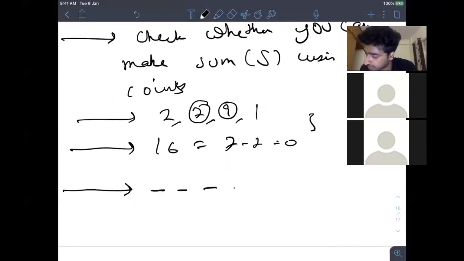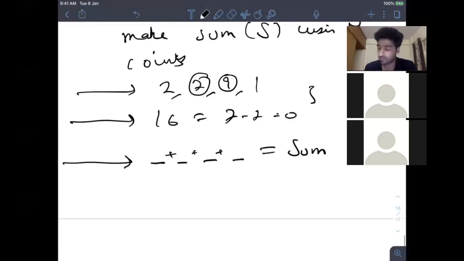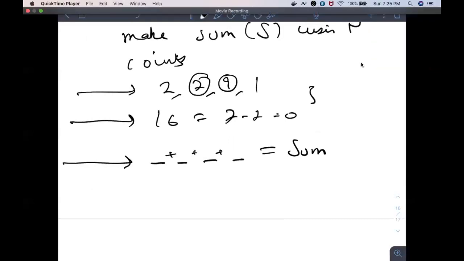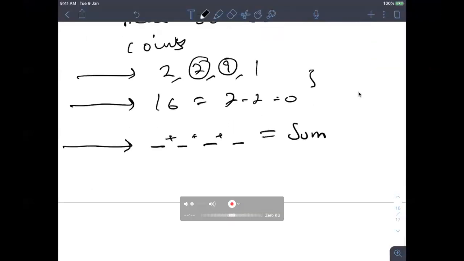You have to see all the possible cases, basically all the possible subsets. You can choose any number of coins and you have to make some sum S. You must have done this in class 12th or something, not this program, but you know how to count the permutations and combinations here. So yeah, let's discuss it again. How can we solve it?